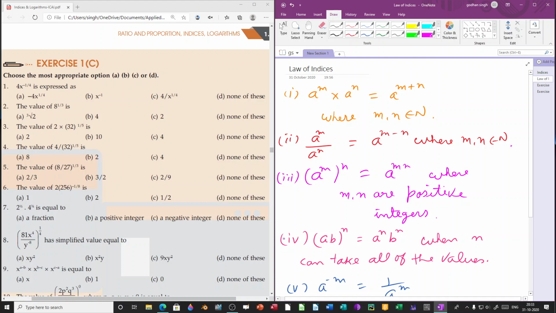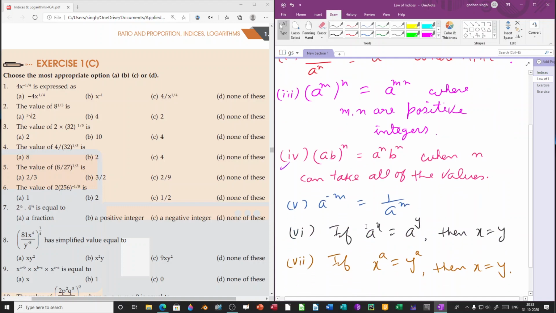Then we have the fourth one: ab whole raised to n equals a raised to n times b raised to n, where n can take all values. Then we have a raised to minus m, that can be written as 1 by a raised to m. Now the sixth one: if a raised to x equals a raised to y, that is, an equation in which the bases are equal,